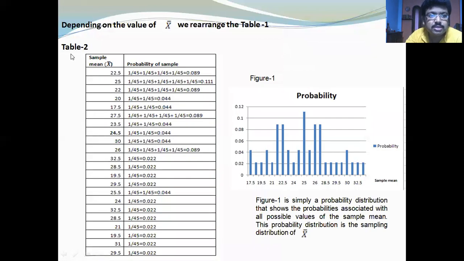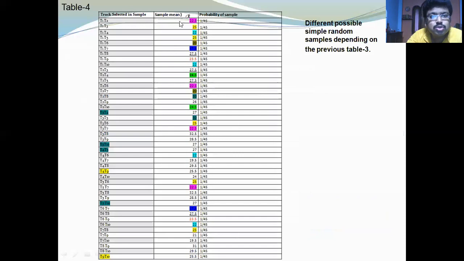you can find this is an arrangement of the previous table. So you can find the sample mean here. The sample means are 22.5 and 25. Look at this table: 22.5, 22.5, 22.5, 22.5. Okay, so we have to add these